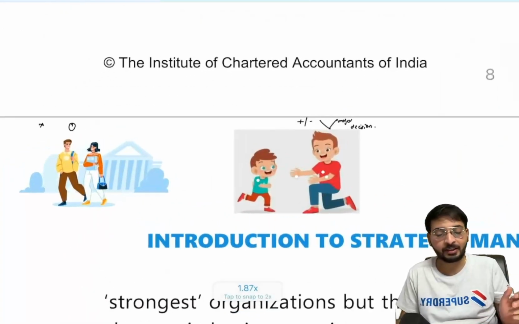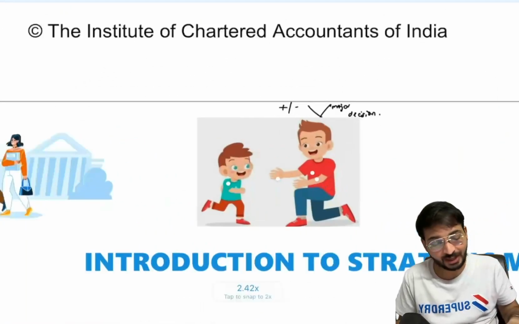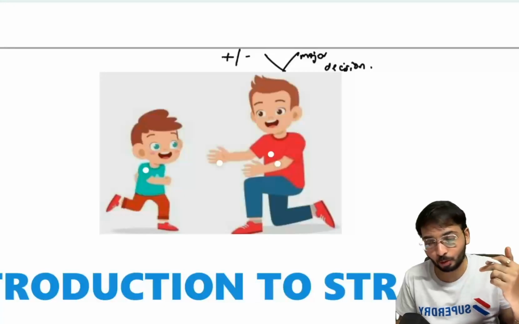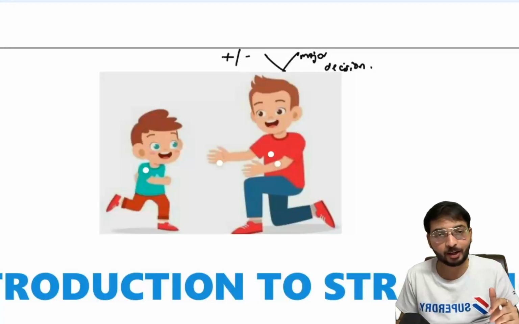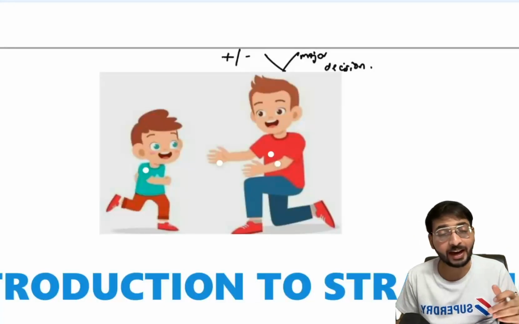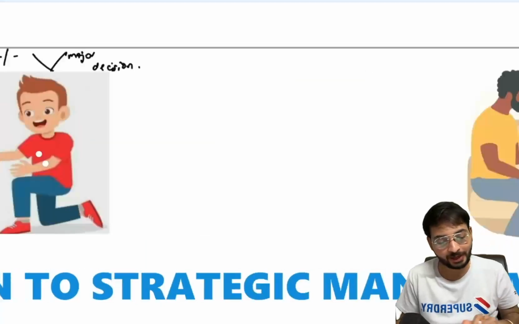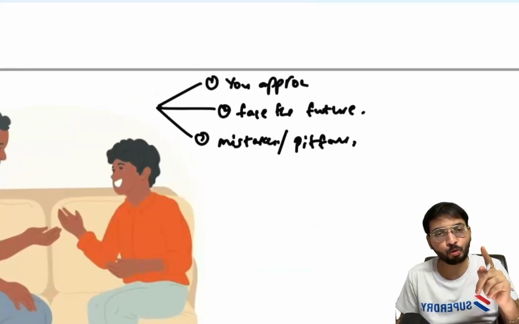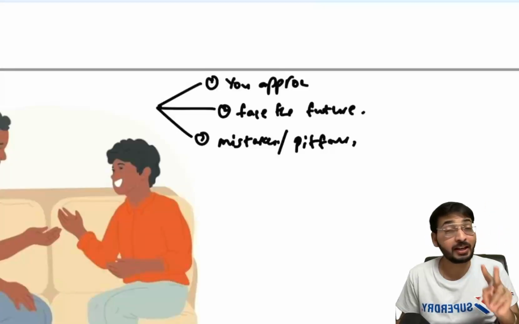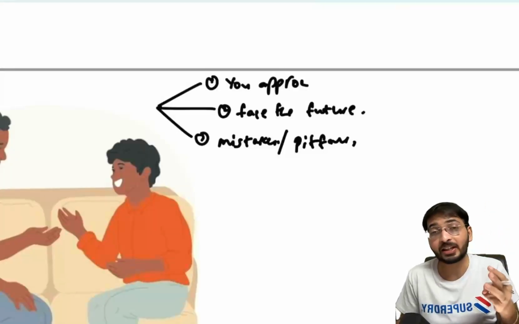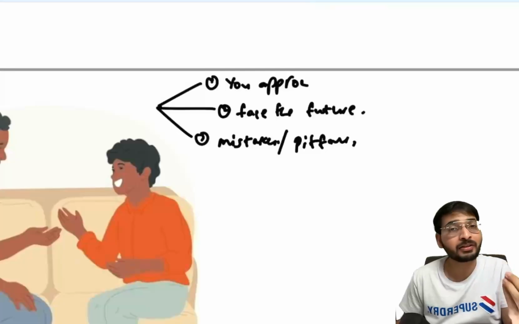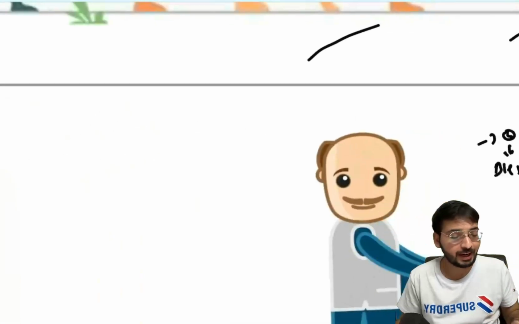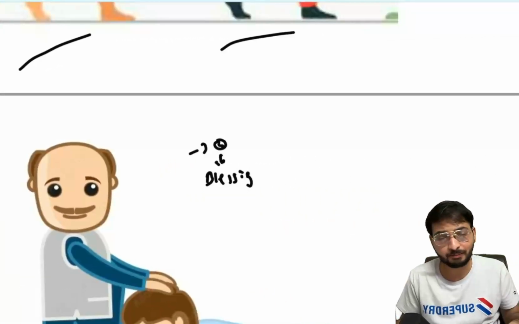First thing, he selected a girl. Second thing, he immediately ran to his father. Why? Because the father knows all the plus and minus of the son, and any major decisions the father will be taking. The father gave three life lessons. Number one, first you go and approach instead of someone else approaching. Second one, how to face the future. Third one, save yourself from some mistakes and pitfalls. The last one, the father gave the blessings.